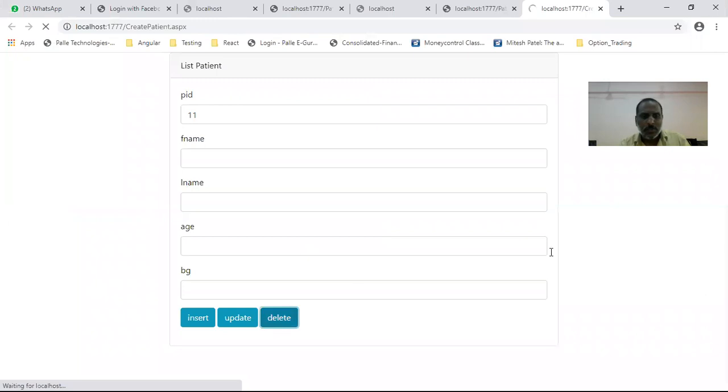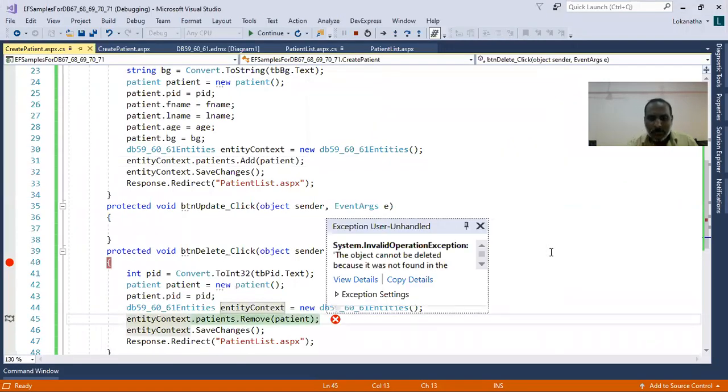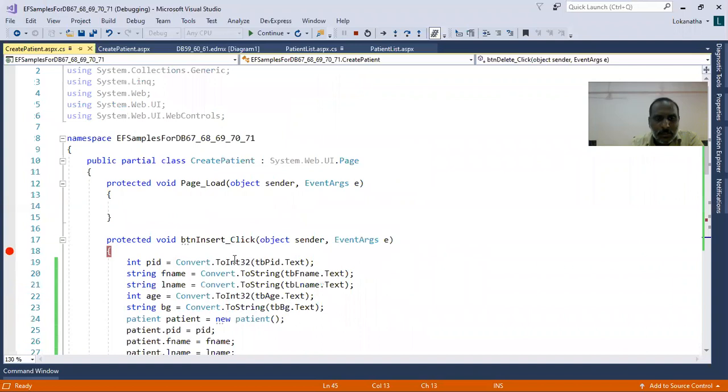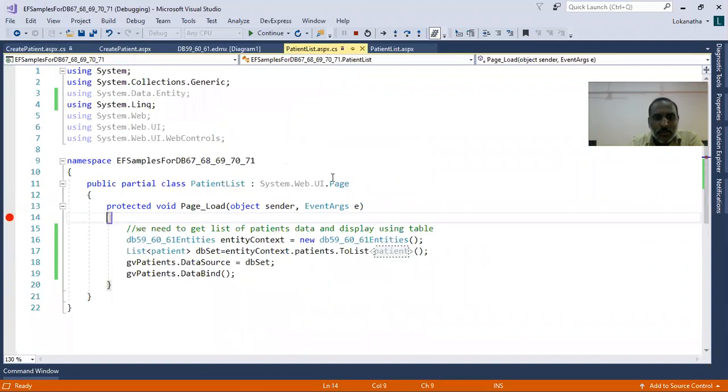If everything goes fine, that object must be deleted. Why is it not deleting? PID 11 is there. Okay, so first we have to execute this one, then only you will get the data, because the entities will be filled with that data. Let me do this.